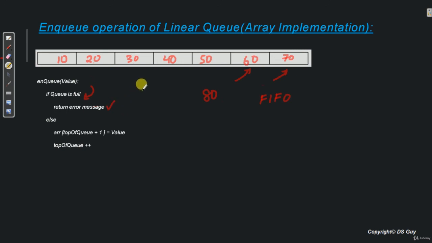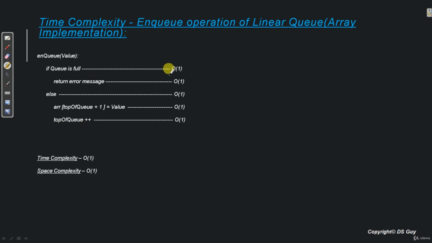So the insertion operation of a queue is as simple as that. All that we have to do is go to the end of the queue and keep adding values over there. Now let's see what is the time and space complexity of this algorithm. As you would have guessed, all these operations are constant time operations. So time complexity is order of 1. Space complexity is also order 1 because we are not using any extra space. The existing array only, we are reusing it to update one of the cells out there. So space complexity remains order 1.